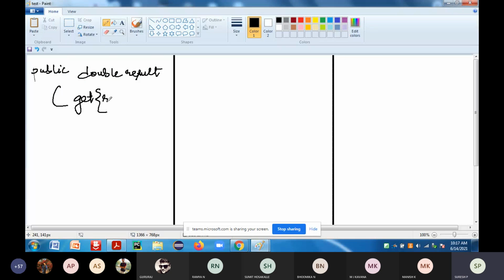So I have to return this dot result. Return this dot result. You are going to have a space between return and this dot result. What is it going to return back to the main function? It is going to return the result part to the main function.